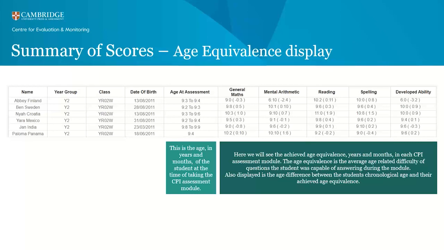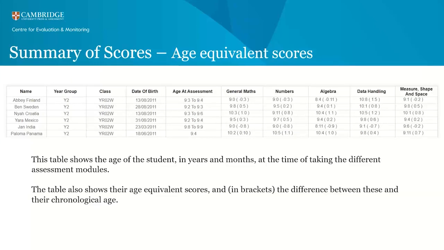So this table that I'm showing you here, we've just got the overall overview. So you can see we've got general maths, mental arithmetic, reading, spelling, and developed ability. So it's giving you a nice breakdown of how the student performed in each of those areas. Again, this next table shows the age of the student in years and months at the time of taking the different assessment modules. And then again, in brackets, you can see, just to focus in this time, if a student is 9, for example,